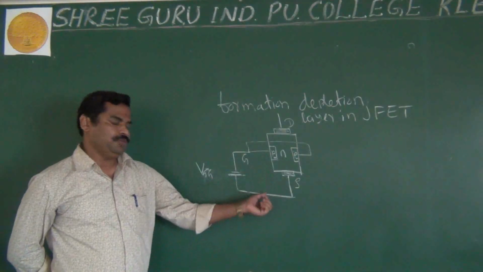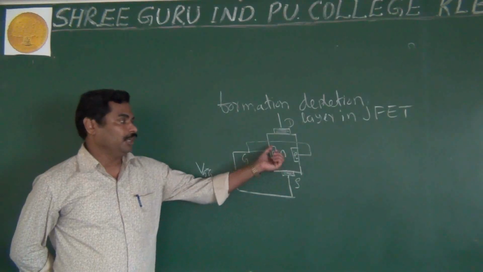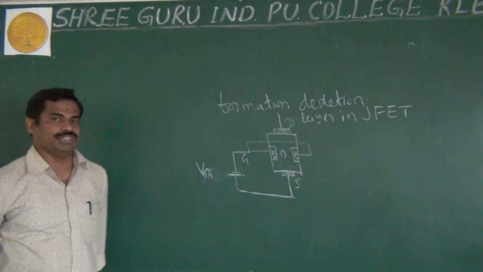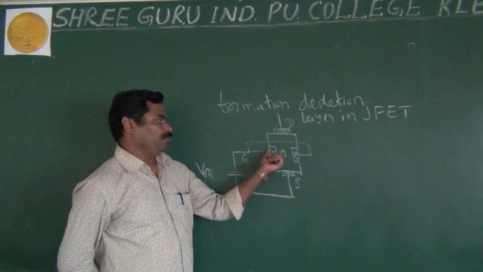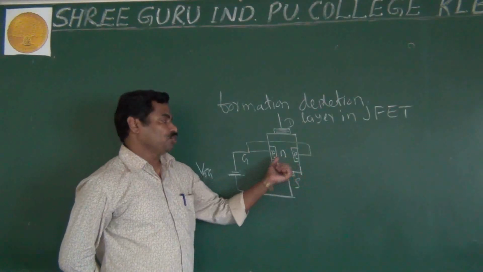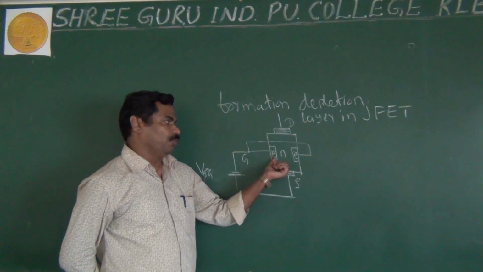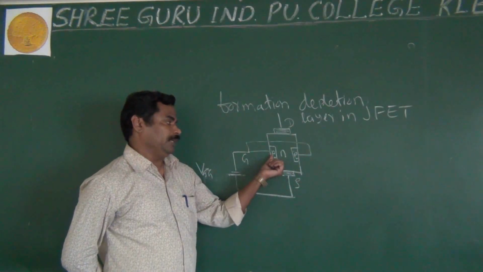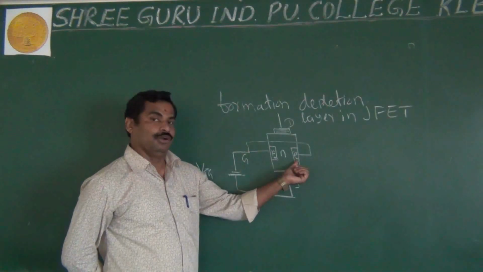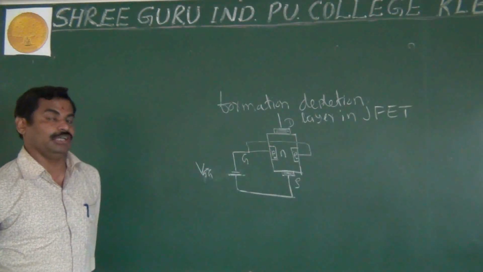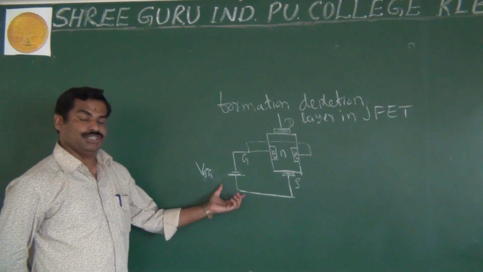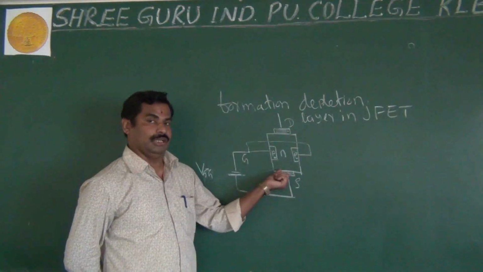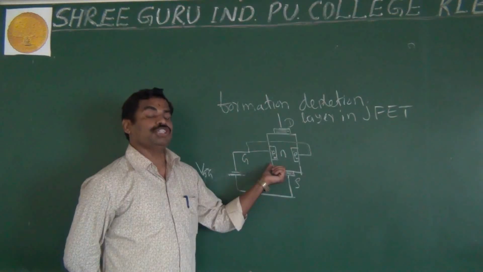As we know, if we increase the reverse bias voltage, what happens? The depletion layer, because this forms a PN junction, this also one PN junction, having two PN junctions. And I said these two P-type semiconductors are interconnected. Also I said here P plus, nothing but it is heavily doped. This also heavily doped as compared to the N-type semiconductor bar. Actually, you studied in your first year in diodes, if you are increasing the reverse bias voltage, what happens? We are increasing the depletion layer.